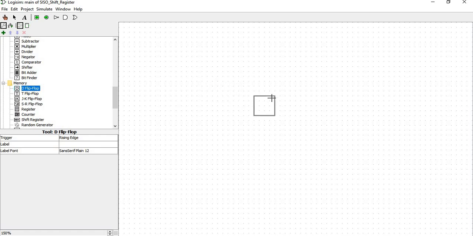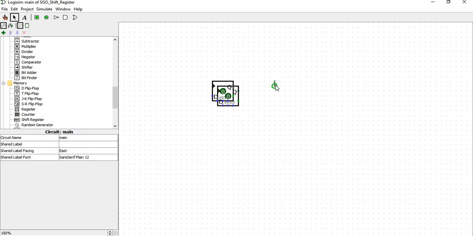This is one. Then I will just do copy, Control C, Control V. So this is the second flip-flop.